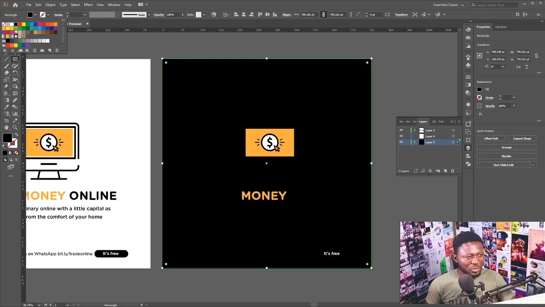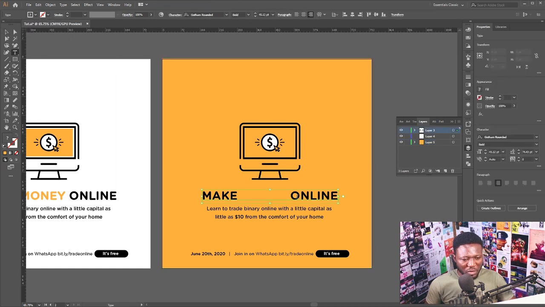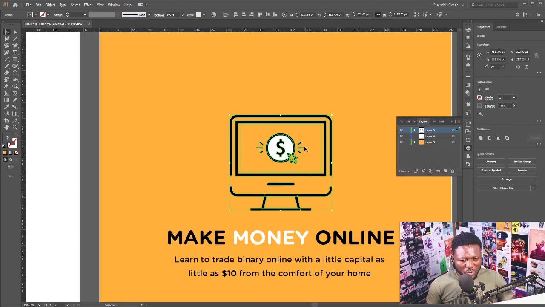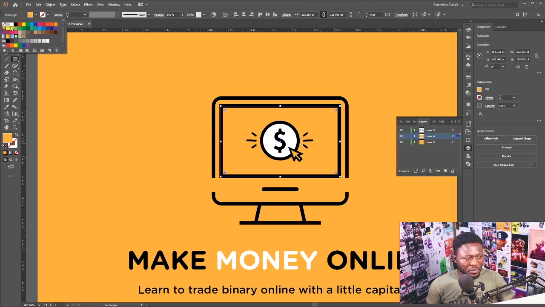And I'll change this to yellow. Okay. And I'll change the color of my text here to white. Okay, so I'm going to select this layer, and I'm just going to draw a shape like so, and fill this with white,